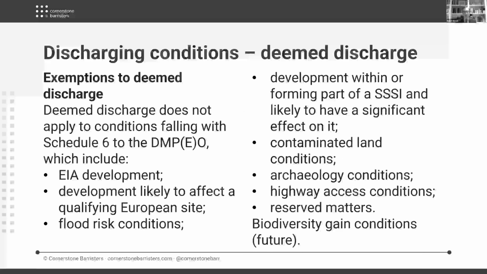As one might imagine, EIA development and development that could affect a qualifying European site is not subject to the deemed discharge regime. Likewise, flood risk conditions, development within and likely to affect a SSSI, contaminated land conditions, archaeology conditions, highway access conditions, and reserved matters conditions are all excluded from the deemed discharge regime.